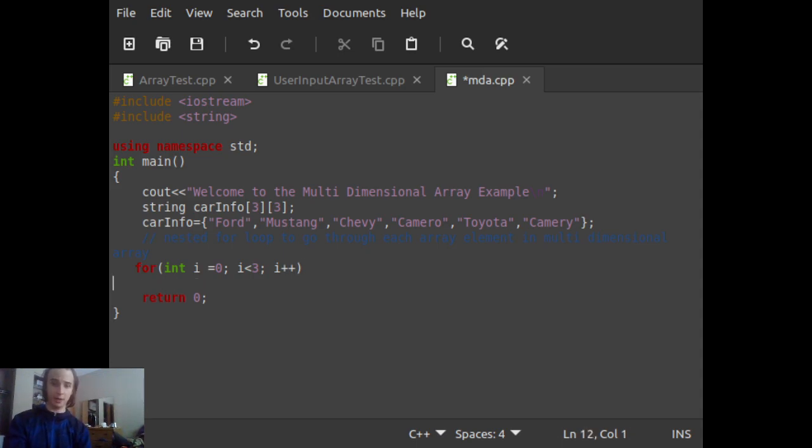Then we're going to go immediately underneath it for int j equals 0, j is less than 3, i plus plus. Then we would do that. It might get angry just because of that, but